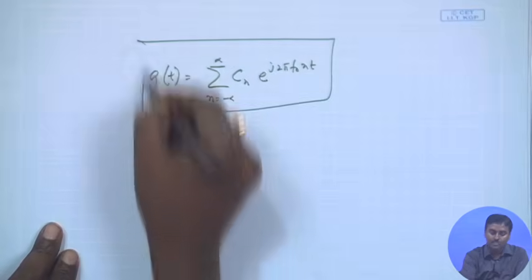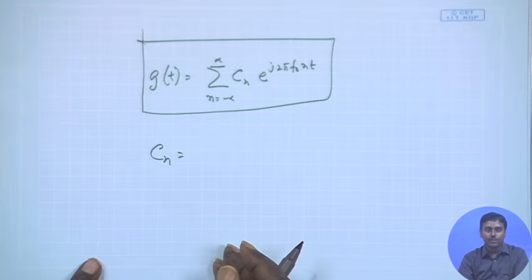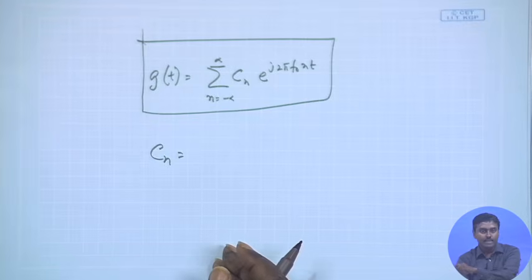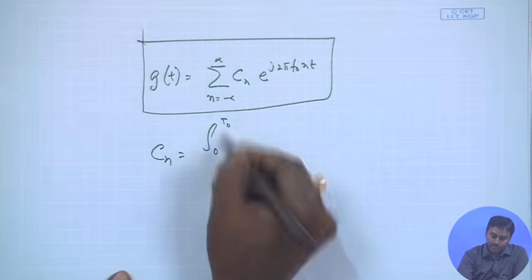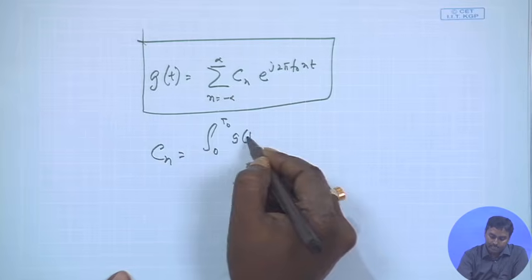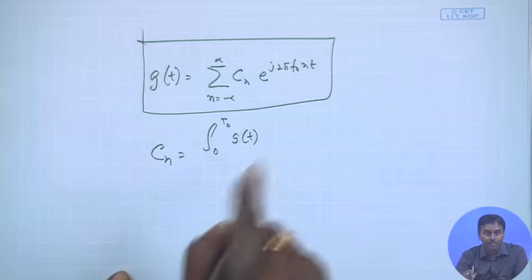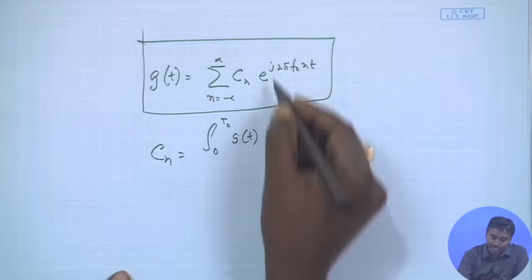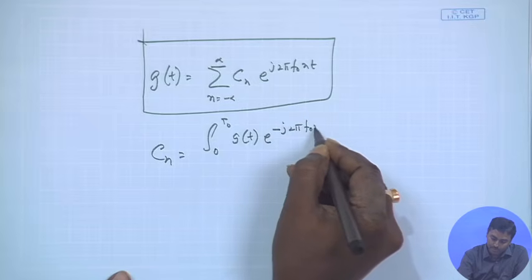That is the famous Fourier series representation, where Cn must be evaluated with the same criteria of complex signals. So that must be integrated over that period, g(t) into the complex conjugate of the basis signal. That is where the complex conjugacy comes into the picture, and that is why it becomes e to the power minus j 2 pi f0 nt dt,